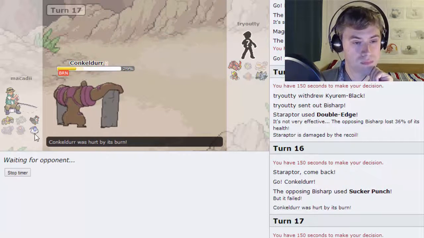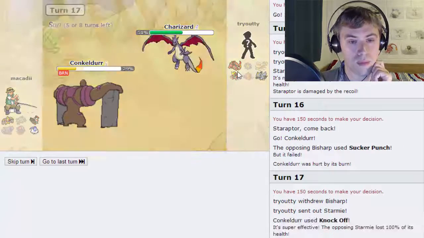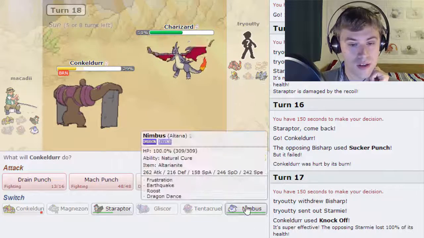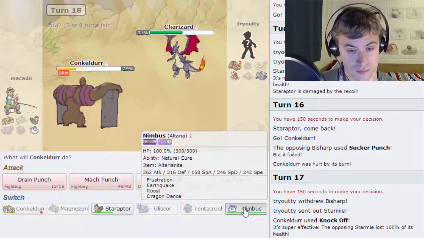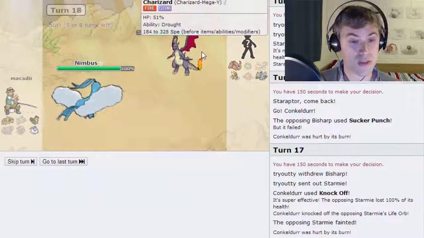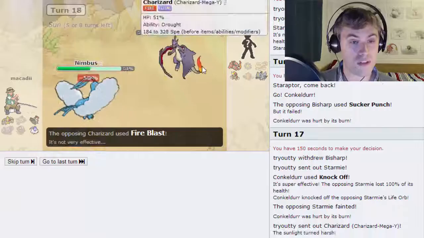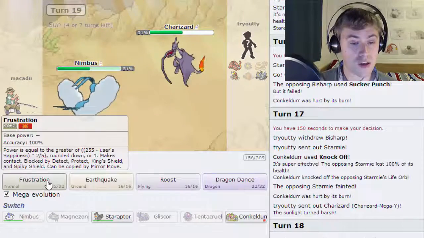And I think, right, we do need the Conk. That's the thing. So we're going to have to go out into Nimbus here. And we're going to somehow have to take 2 hits from this, which I really don't think we will. 51%. Well, we're going to get a little bit of extra boost. And we're just going to go for...